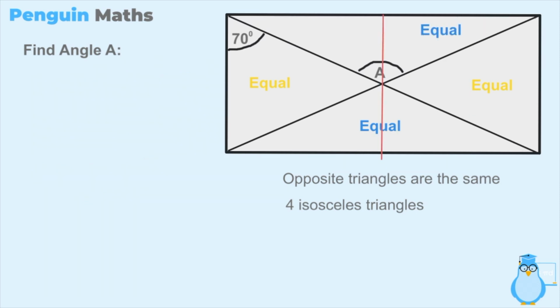So another way that we could solve this problem is by using Z angles or alternate angles, which we covered before. And we know that to do this, we need a set of parallel lines and one diagonal line running through both of them. So what we can do is, here we've drawn this red line, which runs directly through the middle of angle A, and we can say that that line is parallel to this line here, and this diagonal line here cuts through both of them,